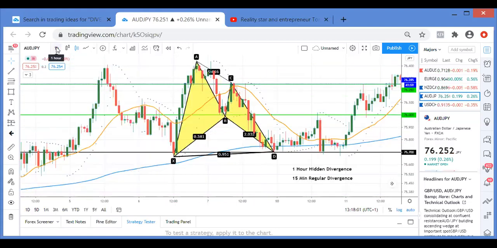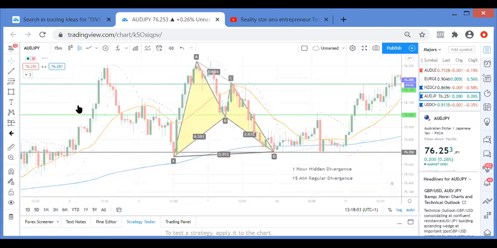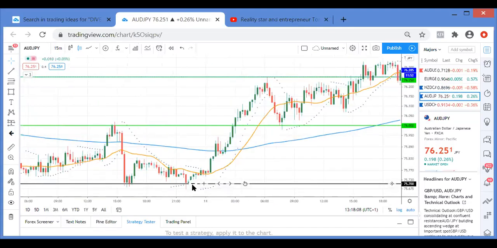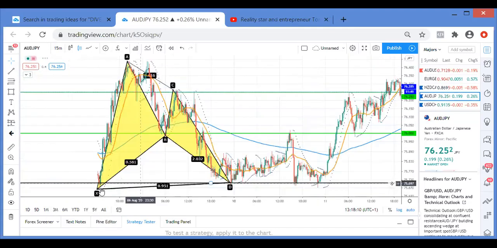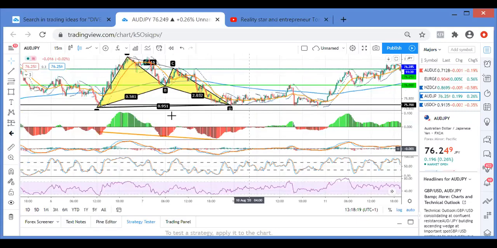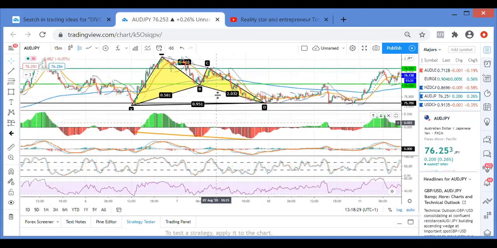So I go down to the 15-minute chart. And what am I looking for? Regular divergence. Bearing in mind, whereby this was going high, to spot regular divergence, we need to see the market going down, but the MACD going up. So let's have a look. Yeah, perfect. So look, it's so blatant.